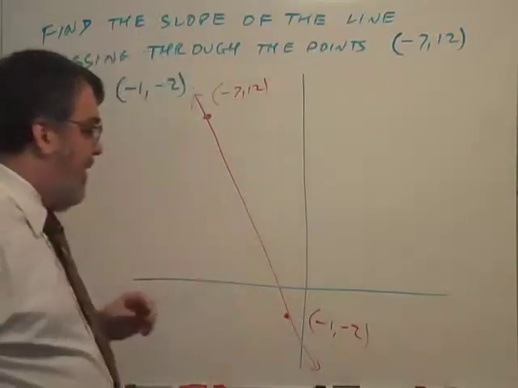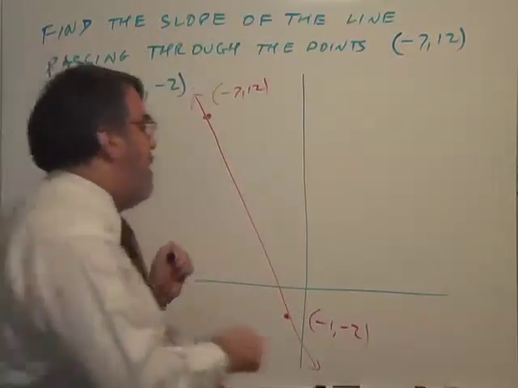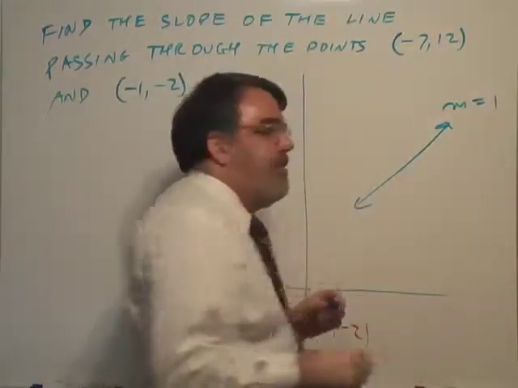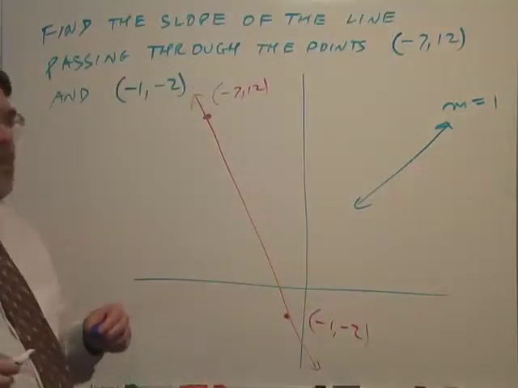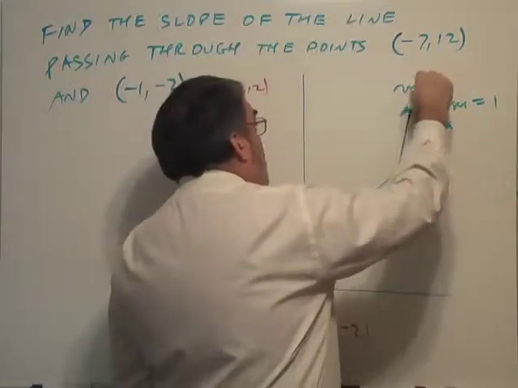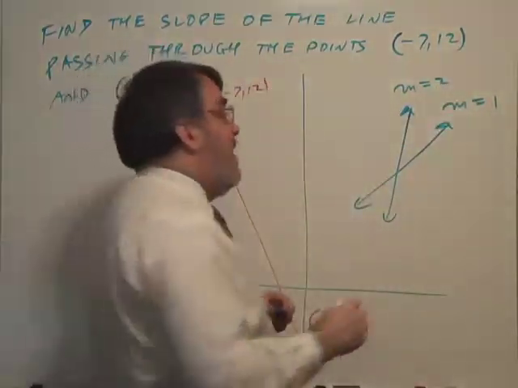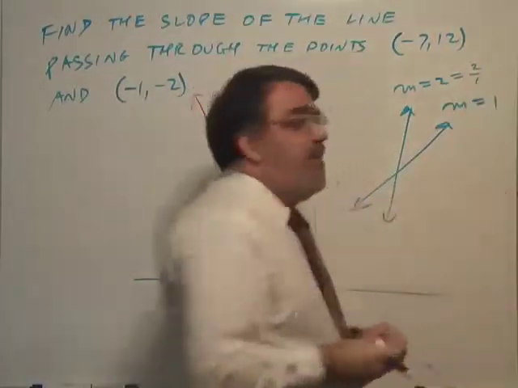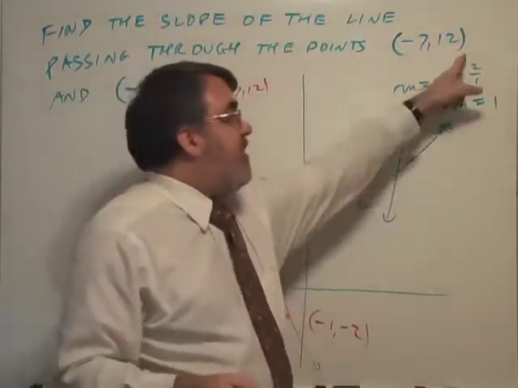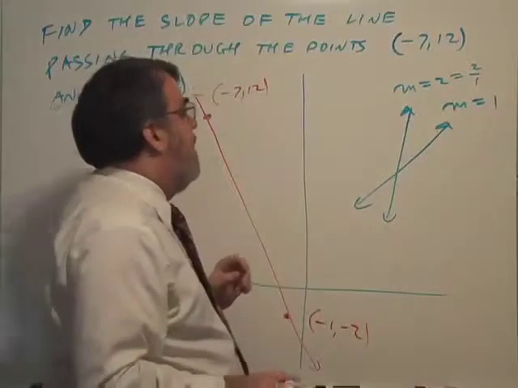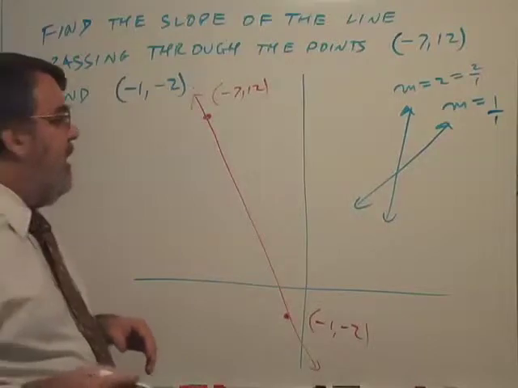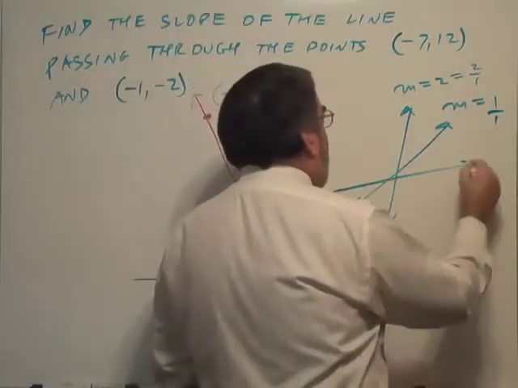So think about it this way. A slope of 1 looks like this. M equals 1. It's a 45-degree angle line. A line with a slope of 2 is a little steeper. M equals 2. Why is that? Because 2 is a 2-to-1 ratio. And so the change in the vertical divided by change in the horizontal is 2-to-1. It's rising faster than it's moving to the right. Whereas here, 1 is a 1-to-1 ratio. It's an equal ratio. And then a slope of 1/2, for example,